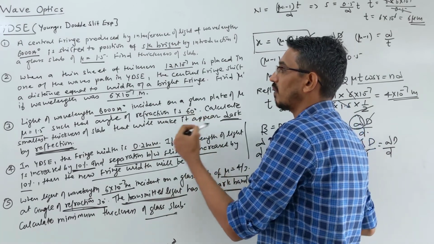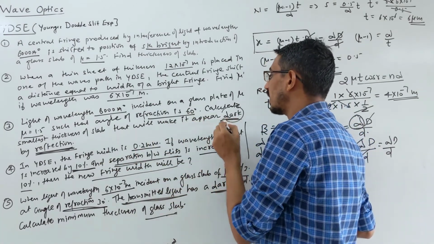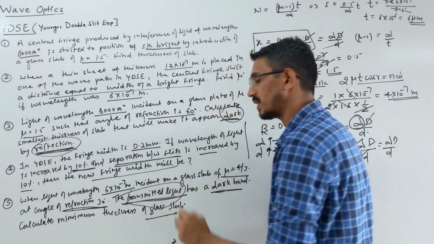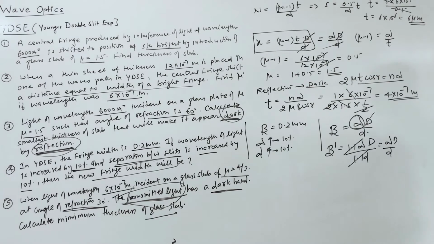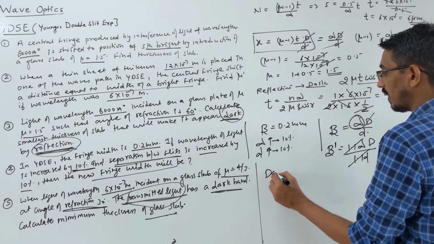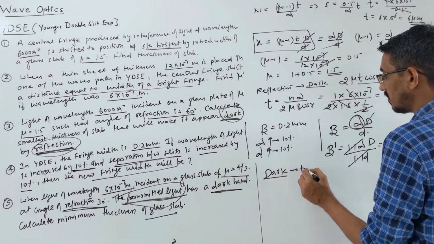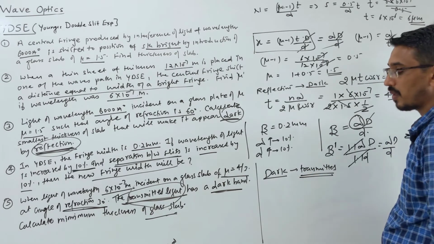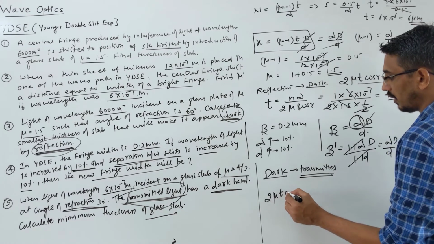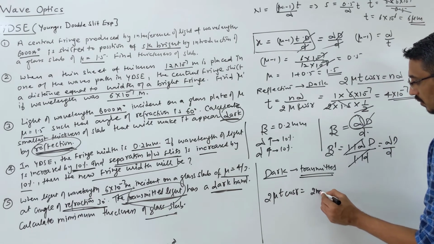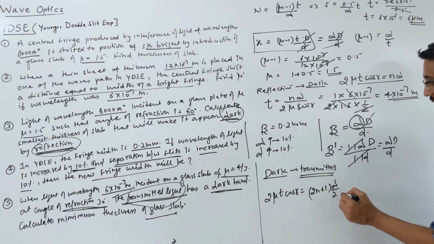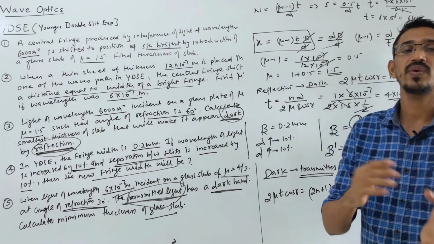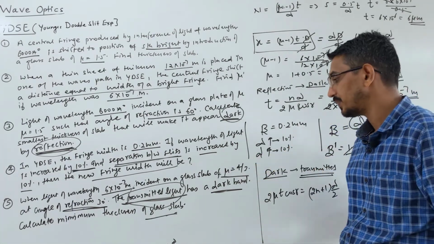Here it was given to calculate the smallest thickness that will make a dark band appear in the reflection case. And here, it is given in the transmitted case, right? So for a dark band, you need a dark fringe in the transmitted case. What is the formula first? The relation was 2 mu t cos r equals (2n plus 1) lambda by 2. You should remember any one formula, like in the reflection case, then the opposite for the transmitted case, for bright and dark.